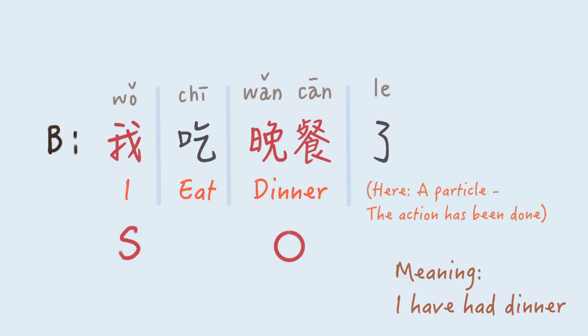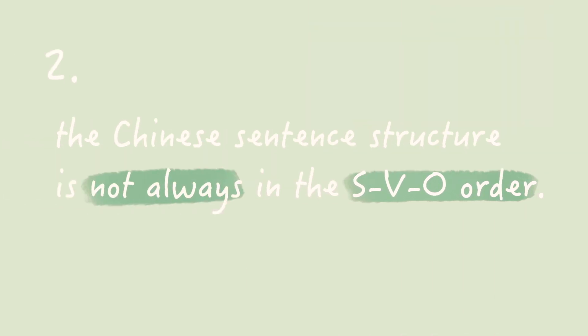But just like I said, as long as what it refers to is obvious, we can delete it. So here we delete 我, I, this subject, and 晚餐, this object, and then use 吃了 as an answer. So remember, Chinese sentences are formed by its meaning. It's very likely that you won't see or hear a complete SVO sentence structures in real life. Okay, the second concept is